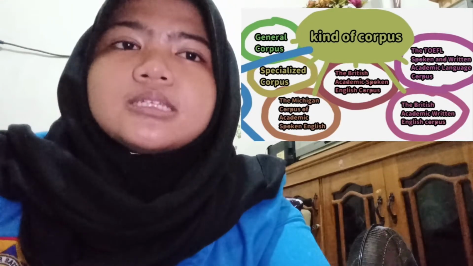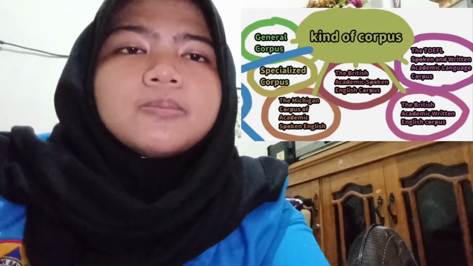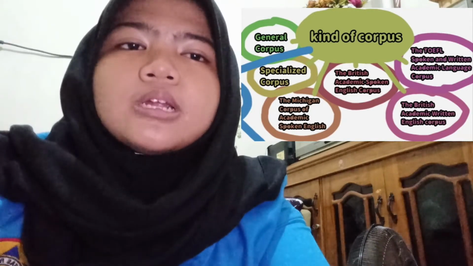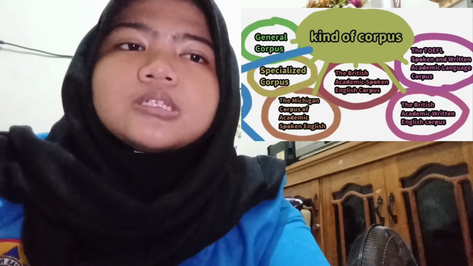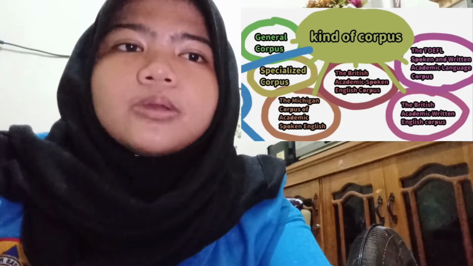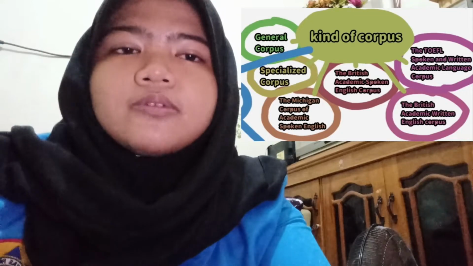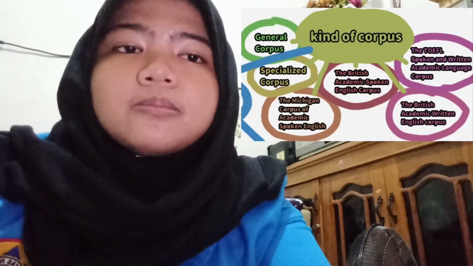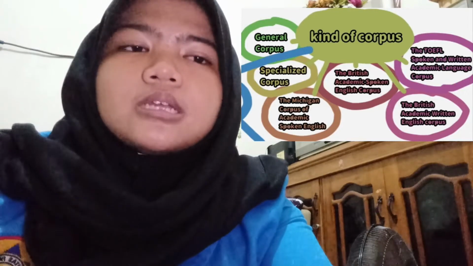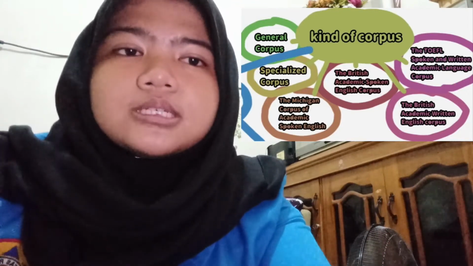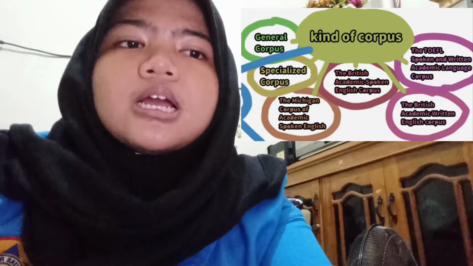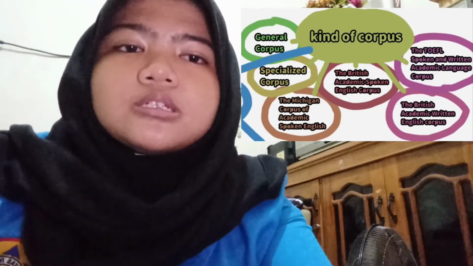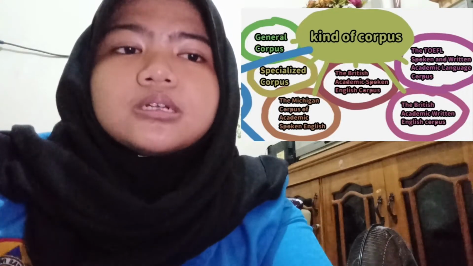And the last one is the T2K-SWAL, the Spoken and Written Academic Language corpus. This corpus aims to provide a comprehensive linguistic description of spoken and written registers in U.S. universities. The corpus data was collected across four academic sites, each representing a different type of university: a teachers college, a mid-sized regional university, an urban research university, and a rural research university.